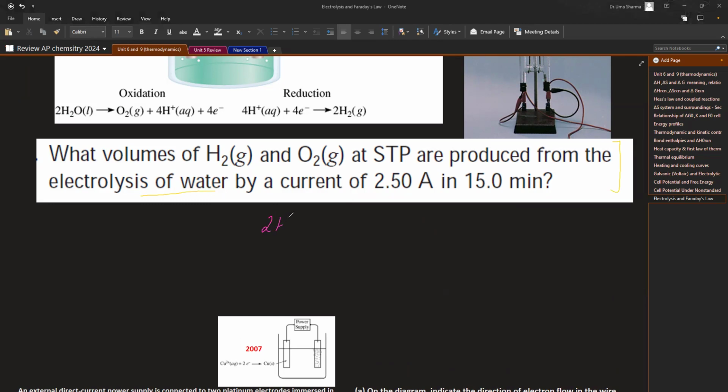Yes, breaking down of water into hydrogen gas. Remember, we did all these things here. 2H2 gas and O2 gas. What do you know about STP? Remember yesterday I was telling you the difference between STP and standard condition. STP means 1 atm pressure, temperature 273 Kelvin, and